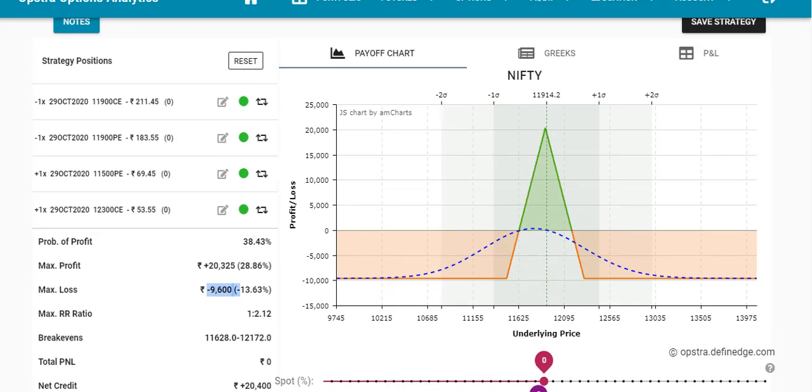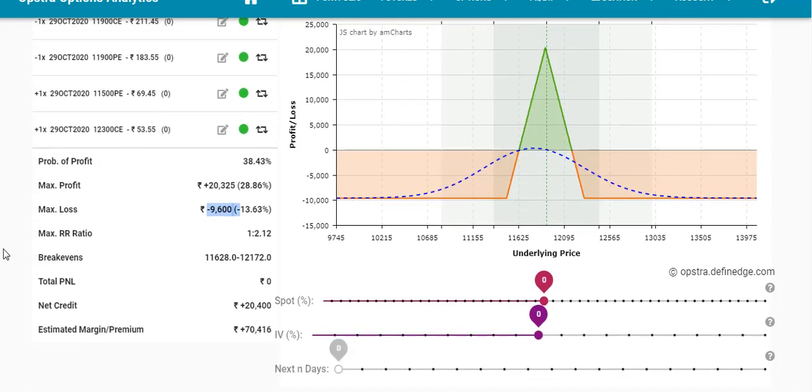But in case the market is going up, so this is just for one lot. Okay, if someone made 10 lots, 20 lots, they don't want to lose, they don't want to pay for the loss. Okay, so how to adjust for the upside? So I will show you how to adjust for the upside now.